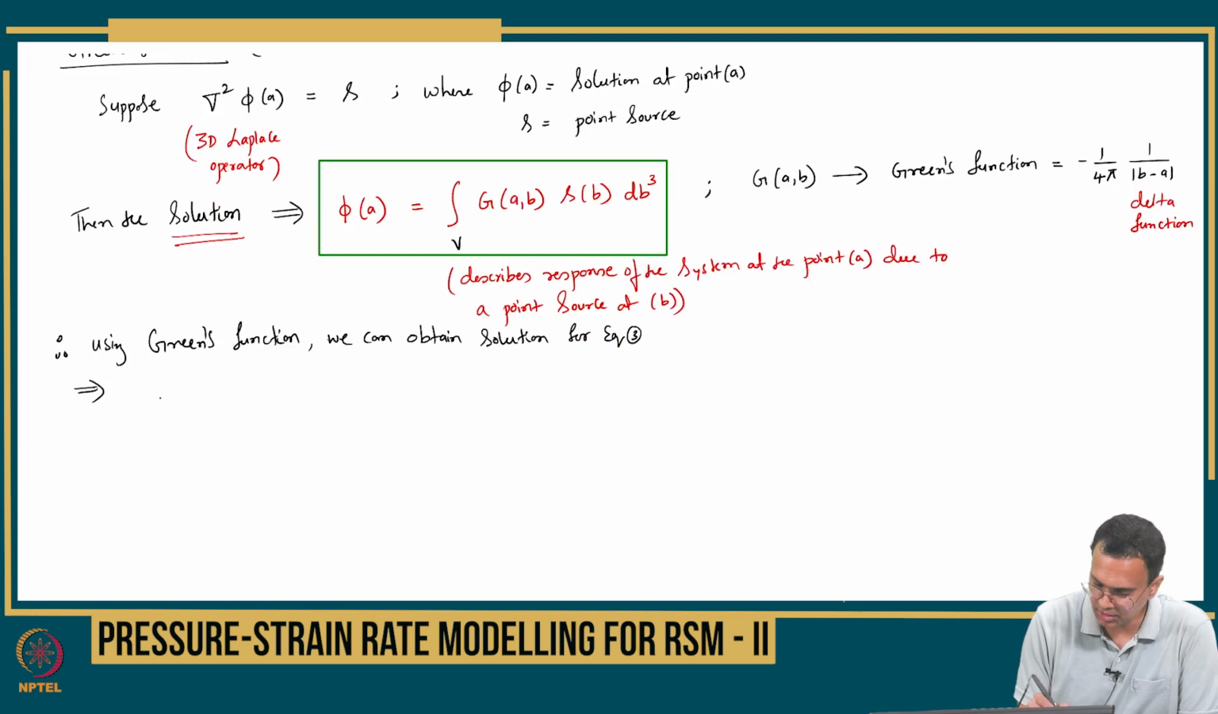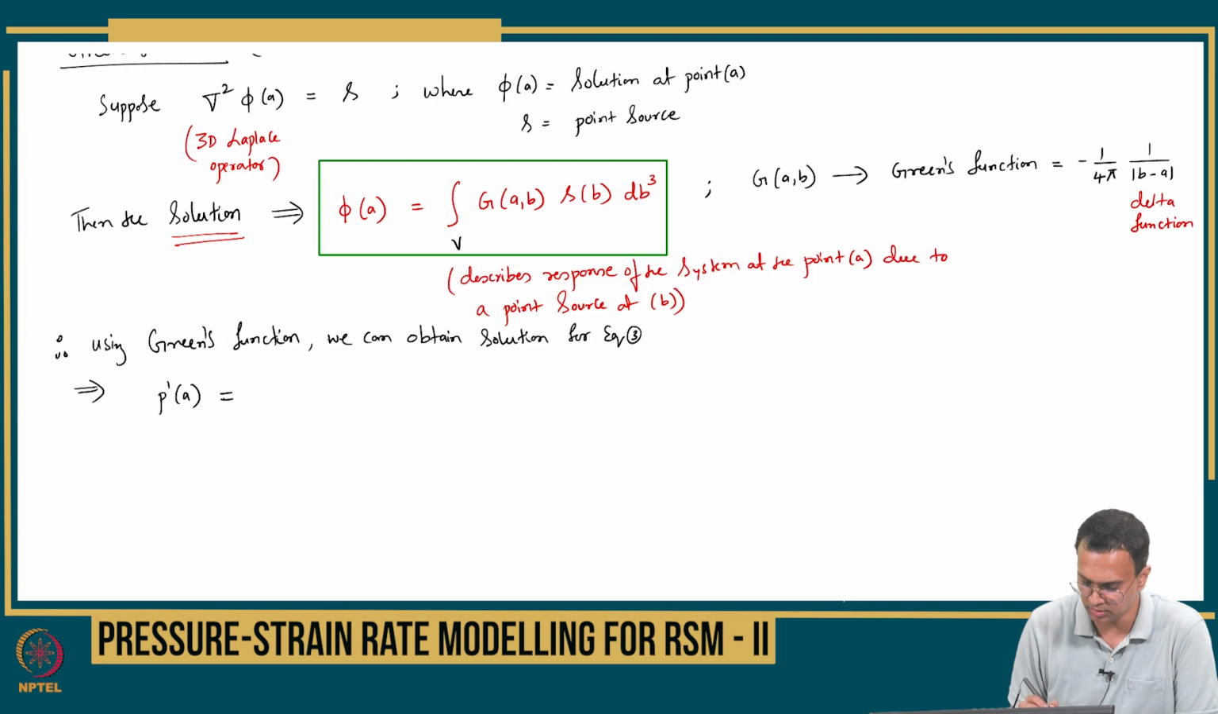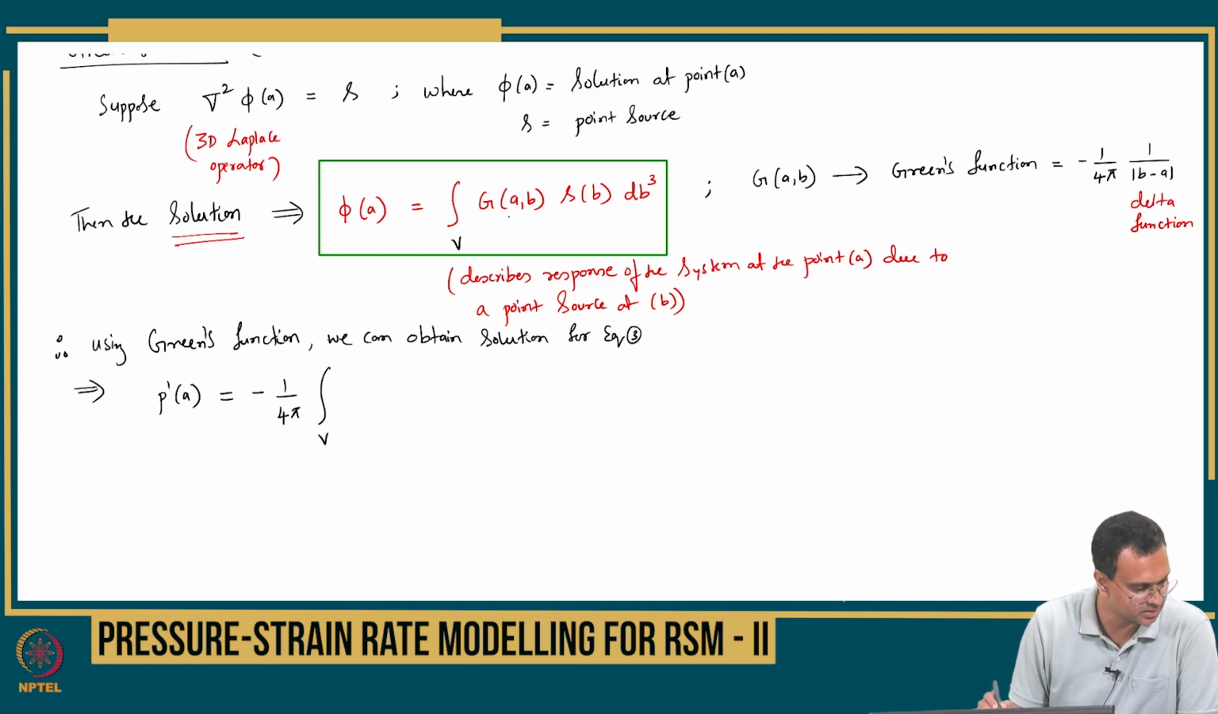So now I am essentially going to get P prime of A, the solution that I want. The Green's function is minus 1 by 4 pi, right. So it is minus 1 by 4 pi volume integral, and then I have the entire source, right. I have also this 1 minus B by A that is there, but before that S of B I am going to write. So I get minus of this entire source term, which is